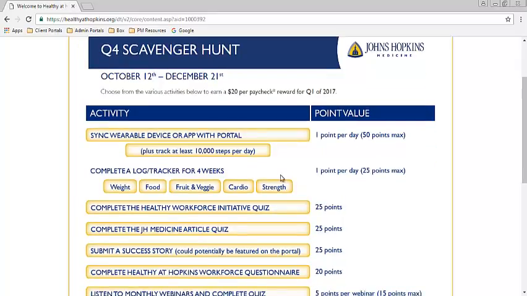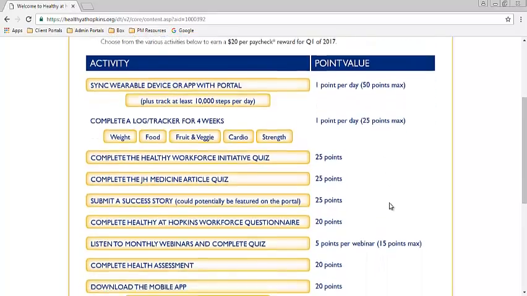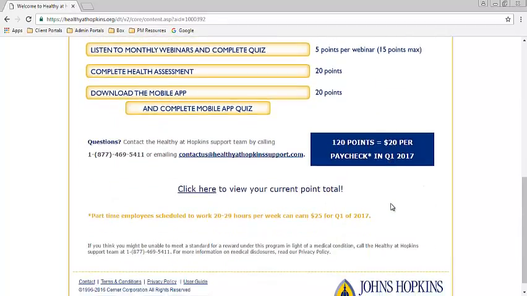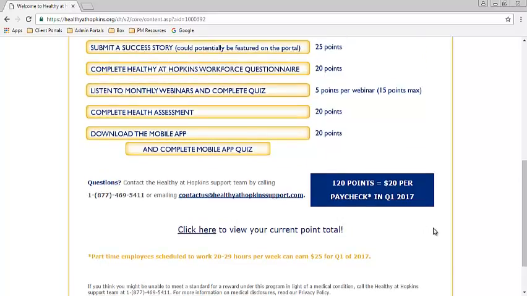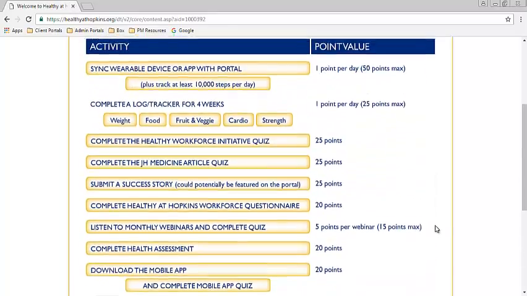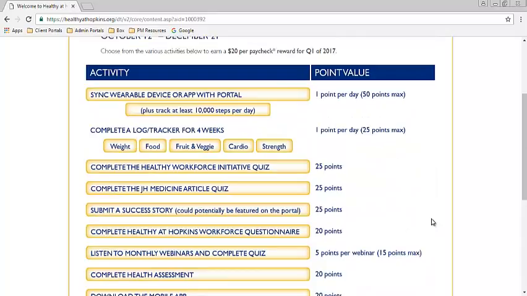And you can choose from the variety of activities below in order to qualify for the $20 per paycheck reward in Q1 of 2017. And please note there's an information at the bottom here. Part-time employees scheduled to work 20 to 29 hours per week will be able to earn $25 for Q1 of 2017. So in order to qualify, you just need 120 points. And again, you can select from any of these activities listed here below. And I'm going to take you through a few of these activities just to demonstrate how you participate and what's